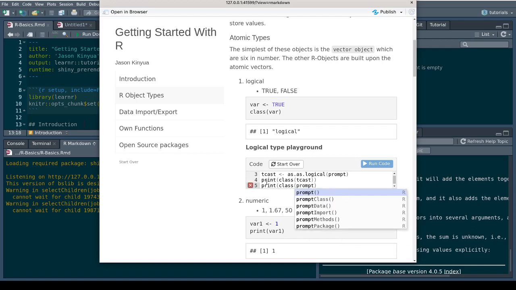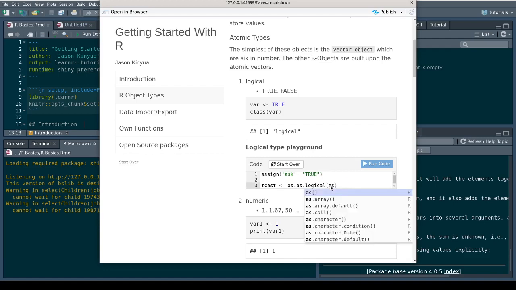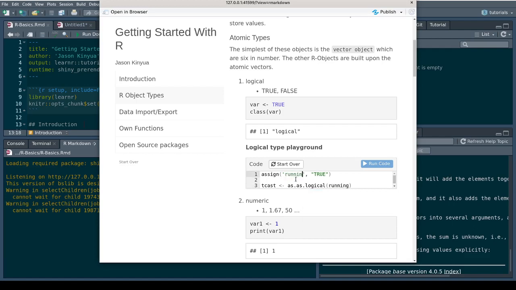Prompt is a function in R, so we should not use that name. We can go for ask. Let us say running: is the session running? Let us see a preview of that.